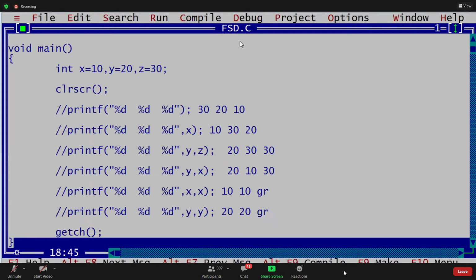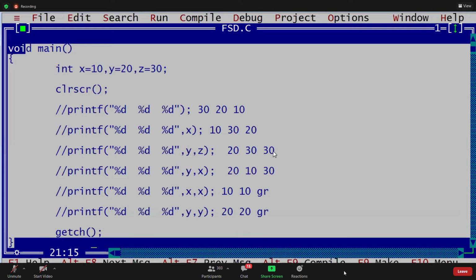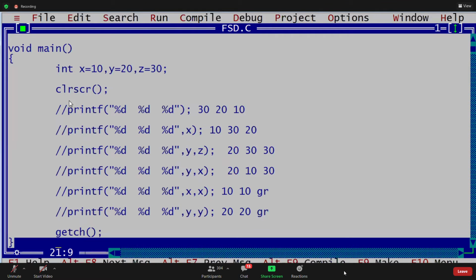If finished, start scanf, guys. Clear. Next scanf, guys.